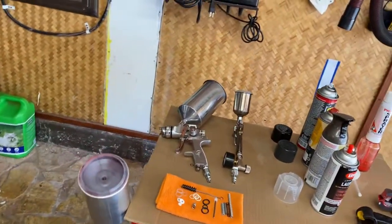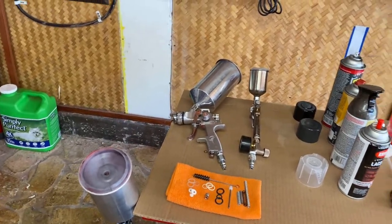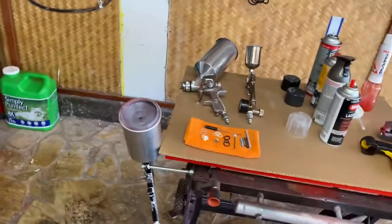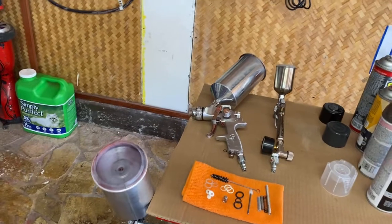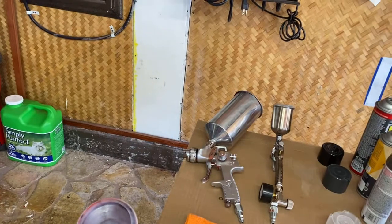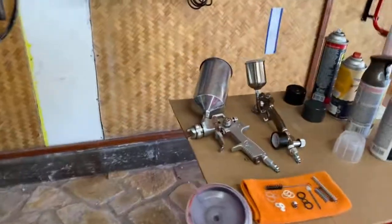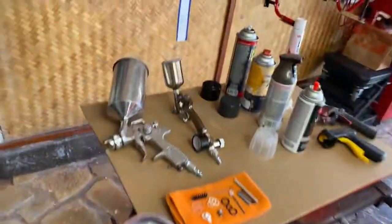Now the main difference between the professional paint gun and rattle cans is that on the paint gun you can control the spray pattern and you can control the airflow. Now I have actually three. They have different nozzles for different viscosity of paint. So I have one just for primer, and then I have this one for paint, and then this little one